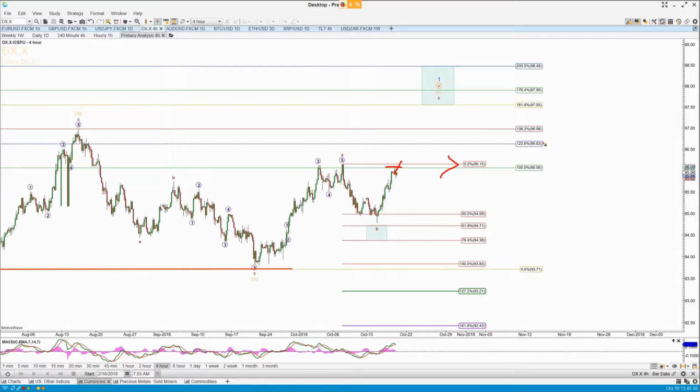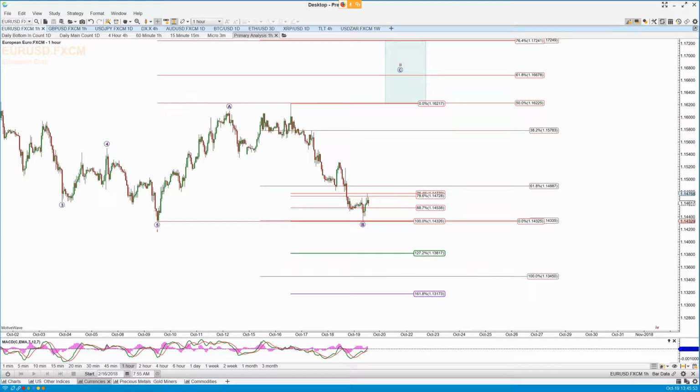Now, currencies. This is the US dollar. We've pushed up again this morning. 96.15 is the next level to take out, then 96.63, 96.98. I'm looking for 97.55 at a minimum to complete this one before we roll over in the larger degree wave 2 in the